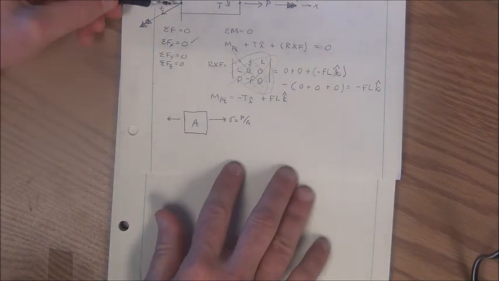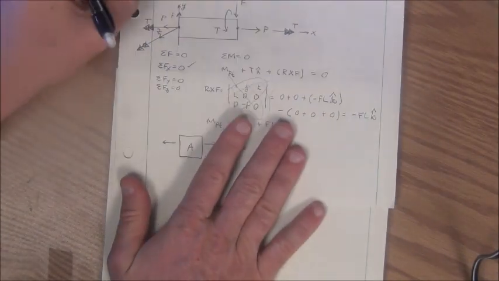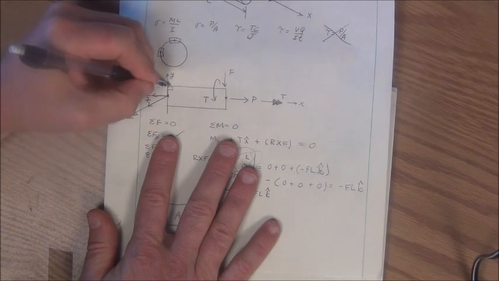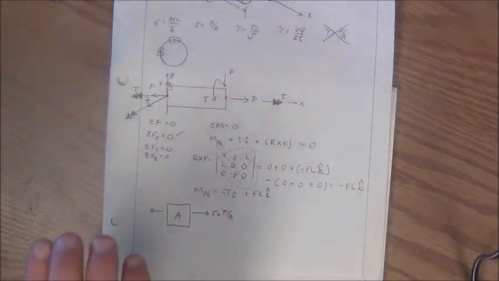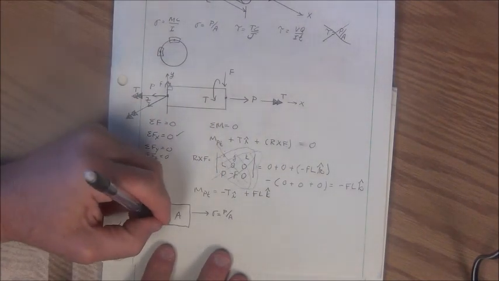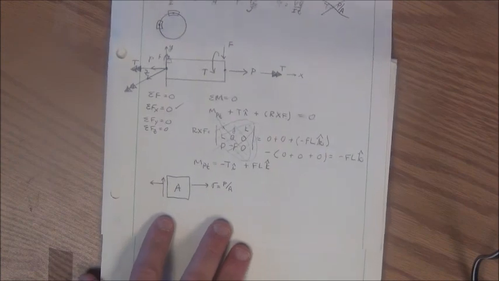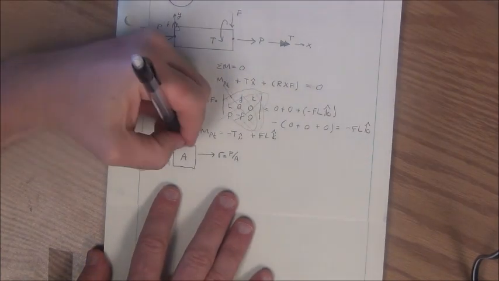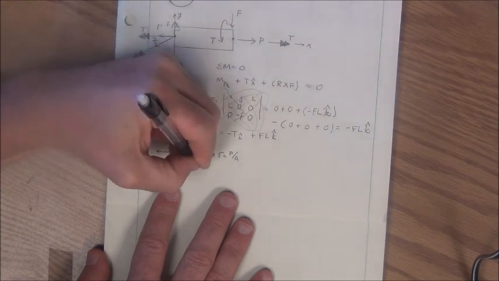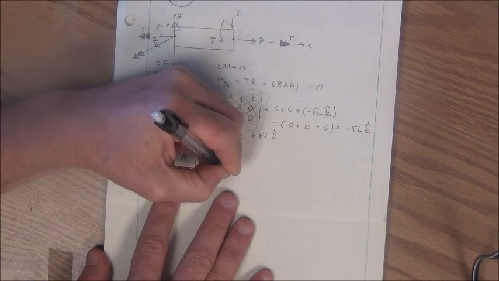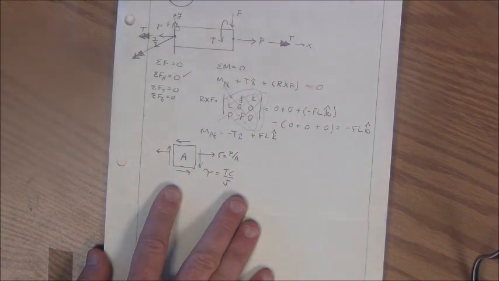And on this side of A, if I look at A as occurring right here, that shear stress is coming up on this side of A, so it will be coming up on that side of element A, and the magnitude of that stress will be